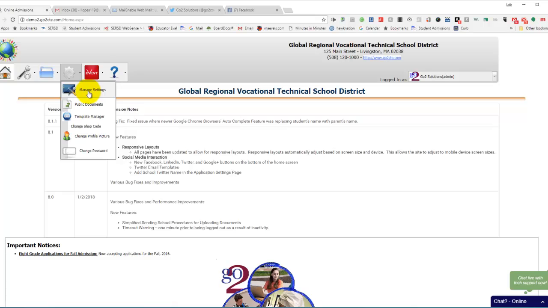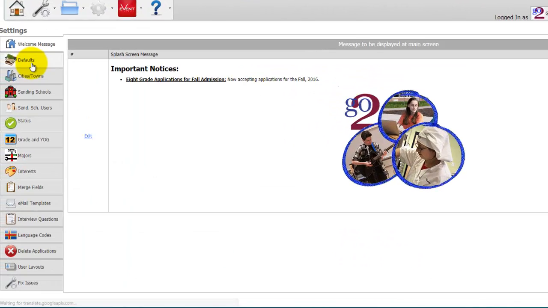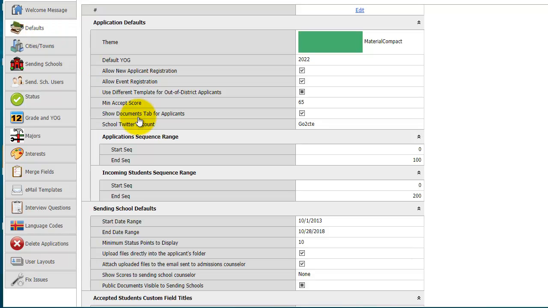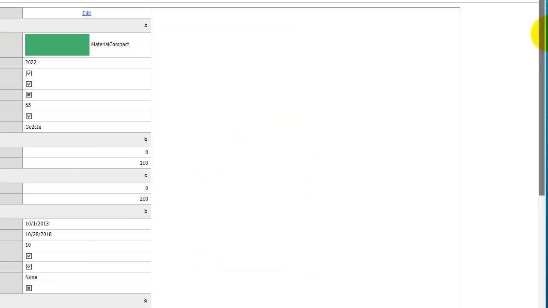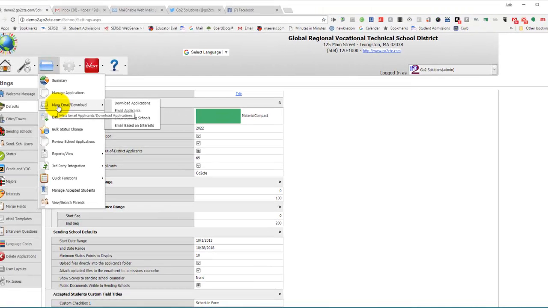The only thing you need to do to make sure that is working properly is under your defaults. There's a new field here called Show Twitter Account, and you want to link this to your Twitter account. Once you have that set, I'm going to show you how you can also embed these buttons into your